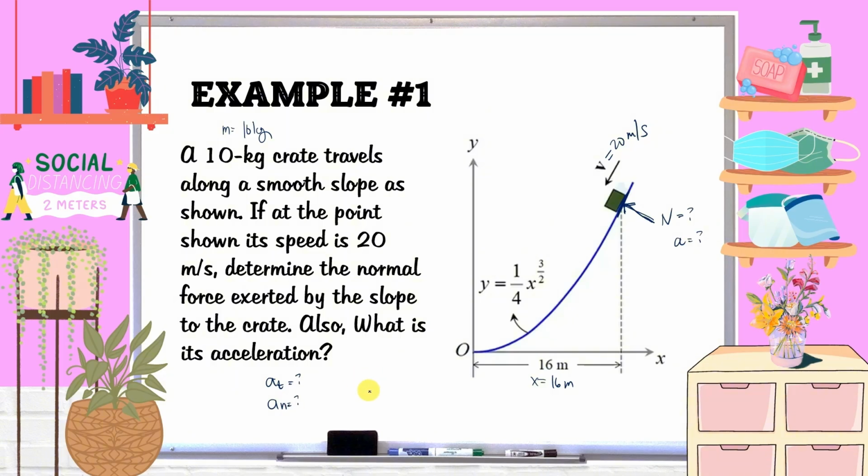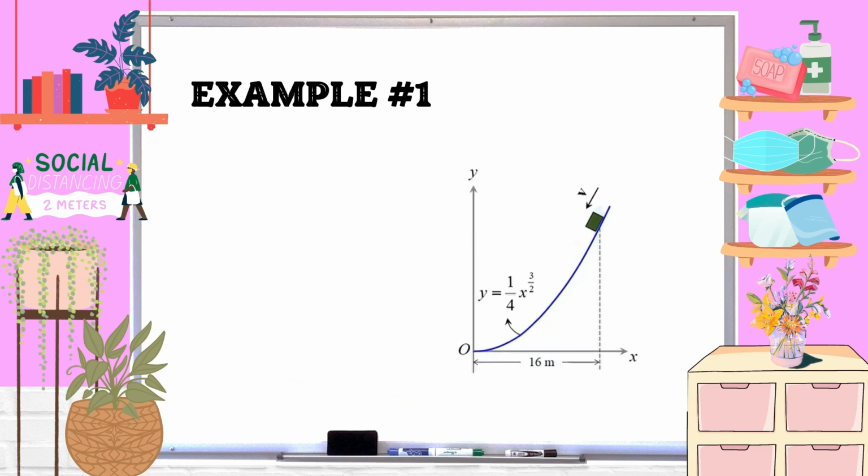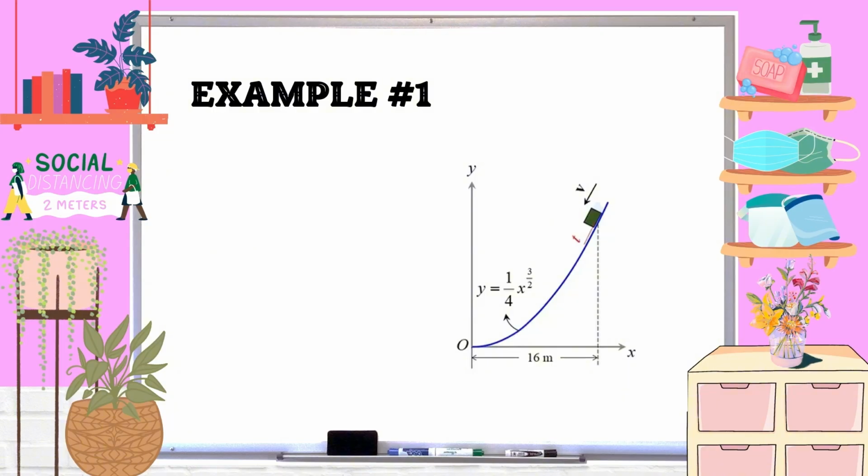But please take note, we will use the representation a sub t u sub t plus a sub n u sub n. And in order to find the magnitude, we apply the Pythagorean theorem. So let's now solve the given problem. First, apply the first procedure, which is identifying the reference axis that we will use, and that will be the tangential and normal axis, before drawing the free body diagram.